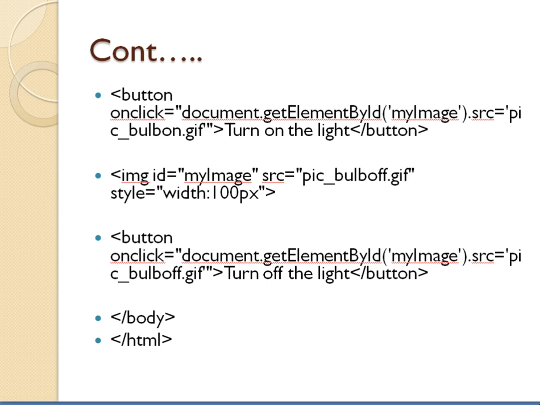My image is the name of the file. Dot src, src is for source, is equal to the URL of the image, source image .gif. Turn on the light. So there will be a bulb, and the bulb image will be turning on the light with this. That means the bulb would start glowing with this line, and the other line is for image source img src. This is the width of